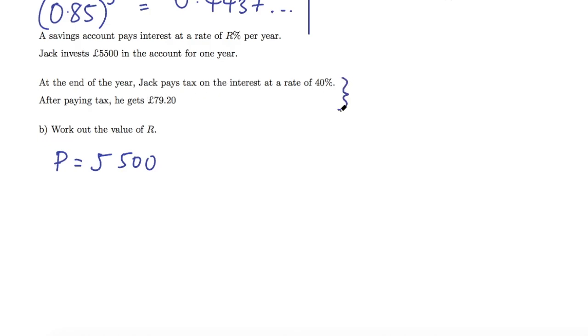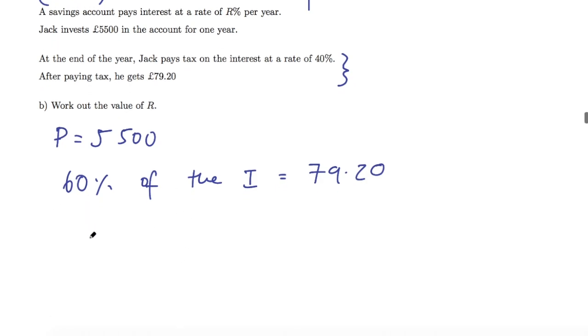So this is going to give us the amount of interest that he earned on his principal. Because we're told that the tax rate is 40%, what he's left with is 60% of the interest. 60% of the interest is equal to £79.20. So using that fact, we can say 100% of the interest